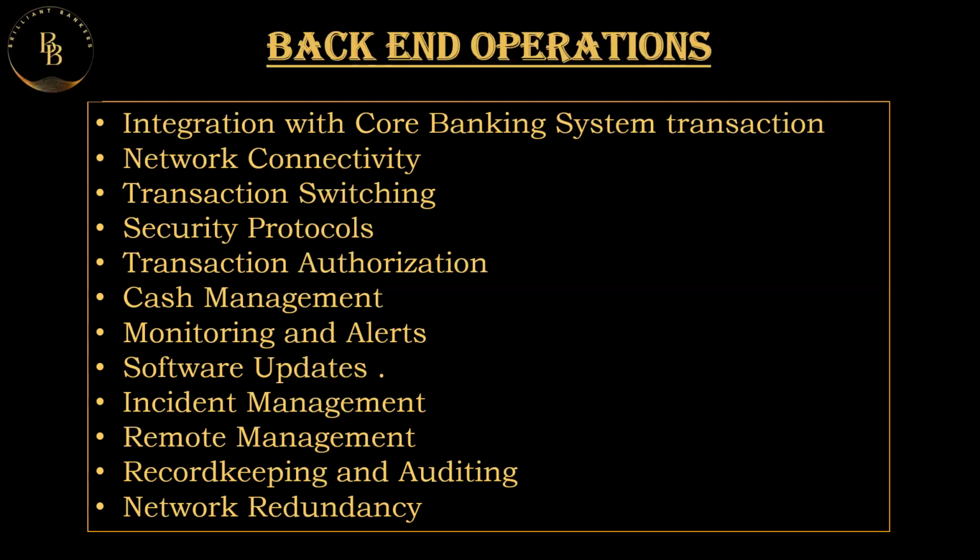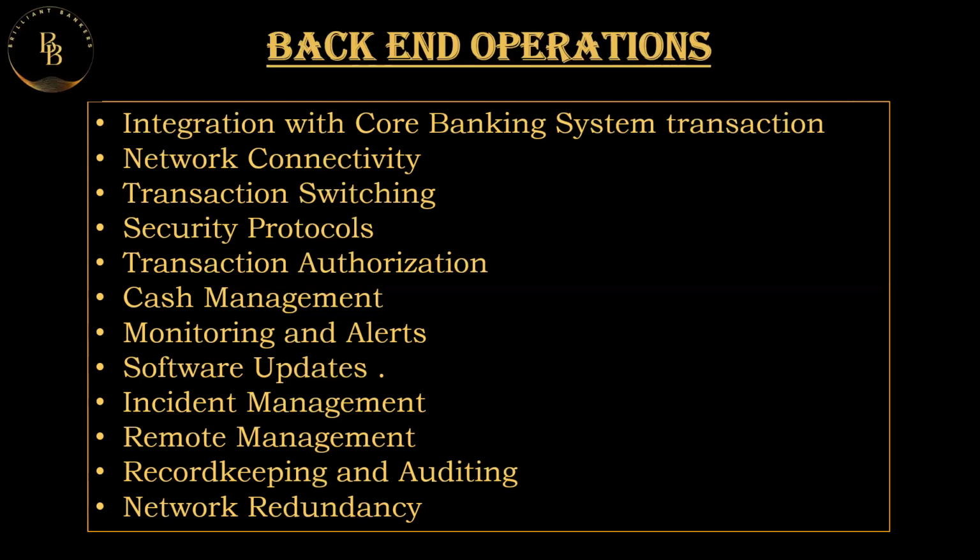Also, network redundancy is to be checked to ensure uninterrupted service. Backend operations may incorporate network redundancy and failover mechanisms. This helps in maintaining continuous connectivity. Even if one network connection fails, they have another or a standby connection